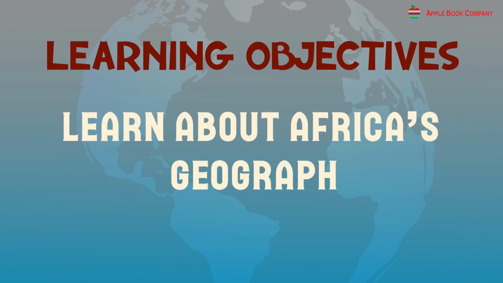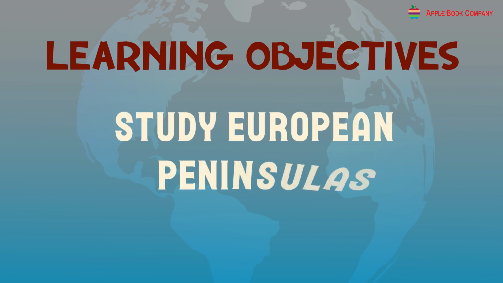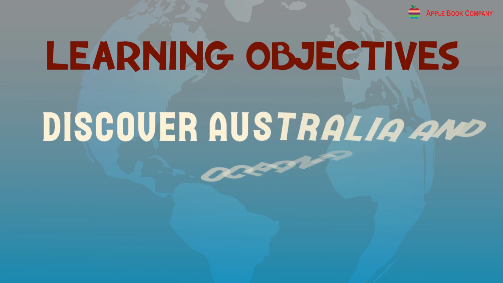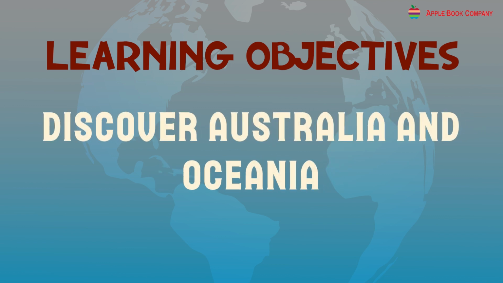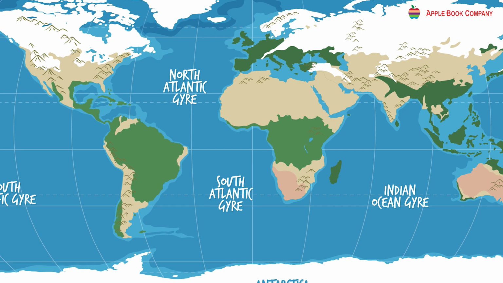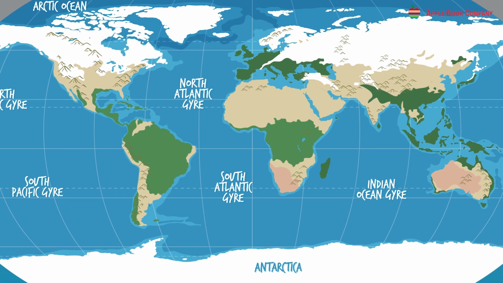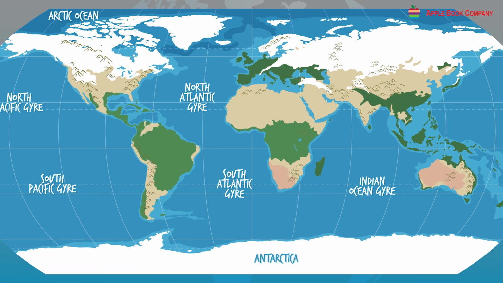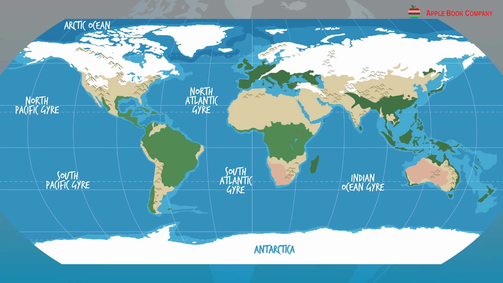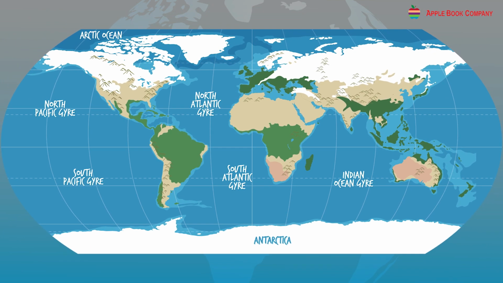Learn about Africa's geography. Study European peninsulas. Discover Australia and Oceania. Startup. Land and water make up the Earth's crust. There are different landforms like continents, mountains, and islands, and water bodies like the oceans, seas, and rivers on the